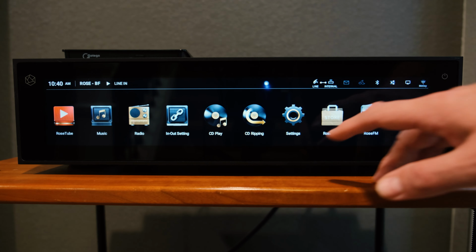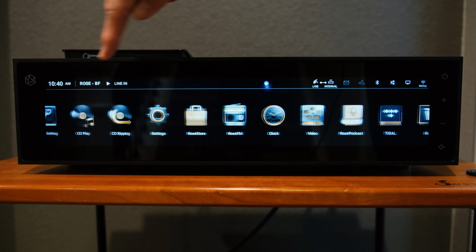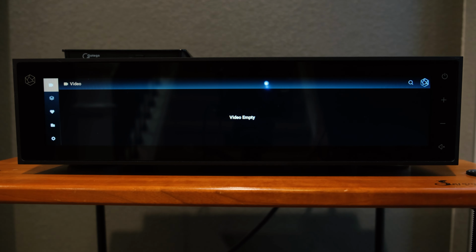AirPlay, and then your Wi-Fi status. Now, this is touchscreen, as you can see. You can also scroll through all of your different icons. And this is all configurable, but this is what I've got set up as of right now. You can go into your video if you want to play, and you would configure your settings for your network